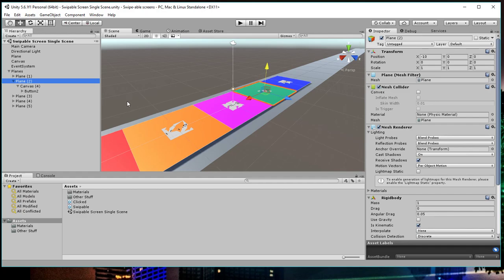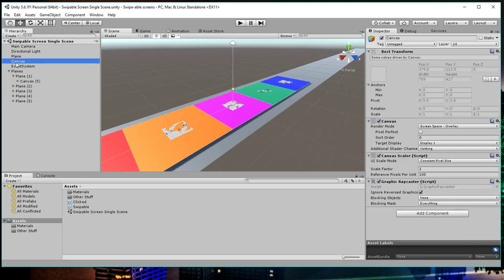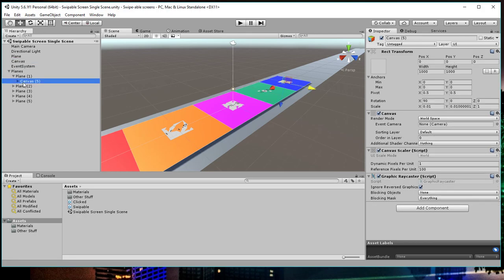That one's at -10. I click on plane 4, it's +10, and plane 5, +20. So that part's easy. Now what do we do to get the UI on these planes instead of just on the screen and have it being stuck there? Two things. First of all, we want to create a canvas. Now it's not going to be the main canvas. It could be the main canvas, but you need to create a canvas, and we're going to need to modify